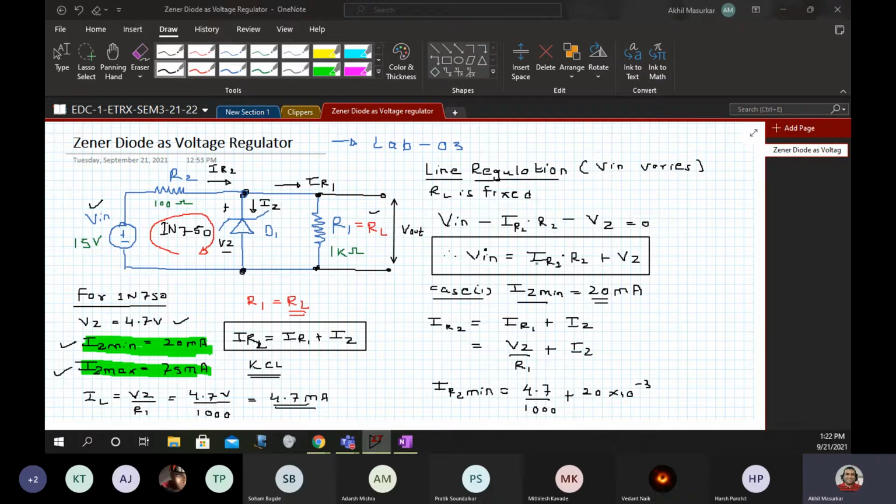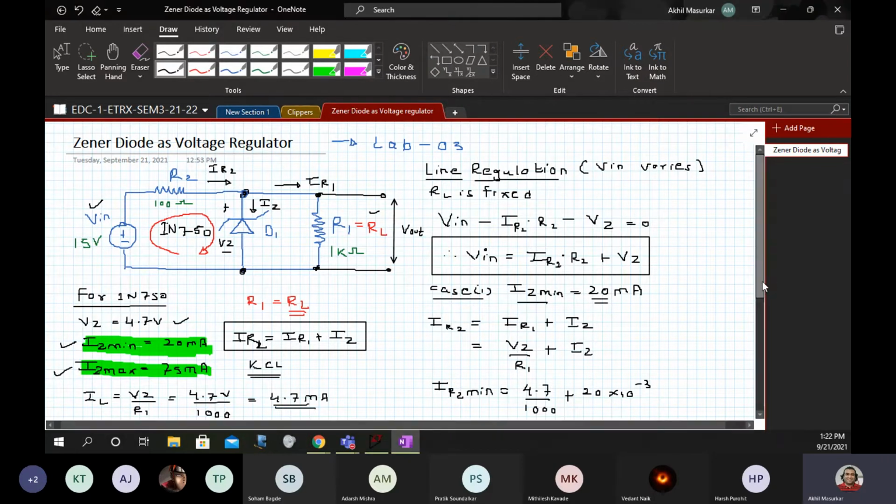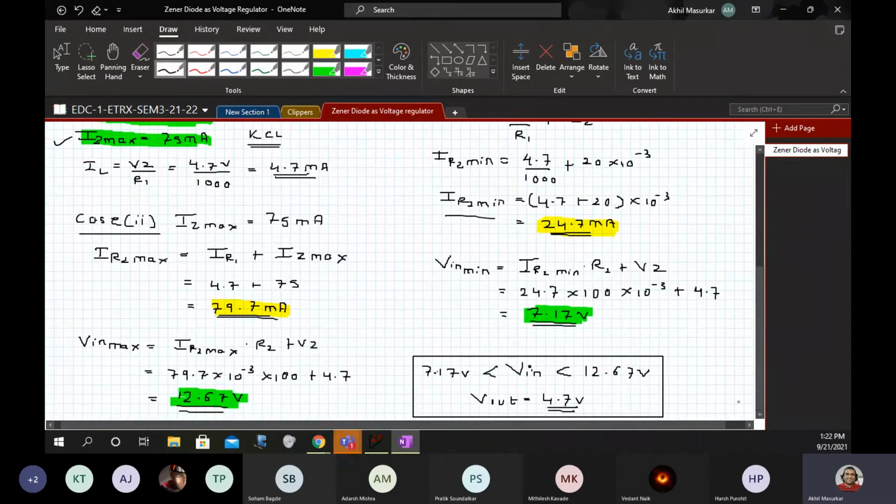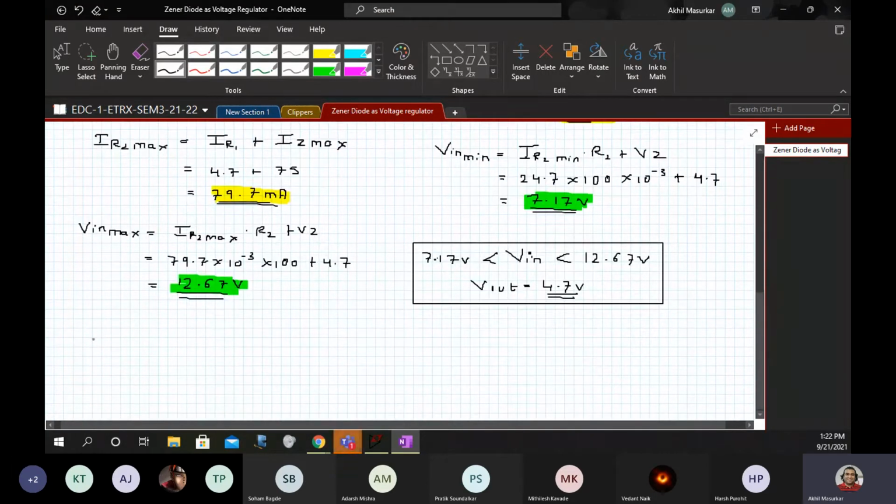Okay, so should we go ahead? What was this? This was line regulation. Now load regulation means, what is the meaning of load regulation? Can somebody tell? Now RL is variable.